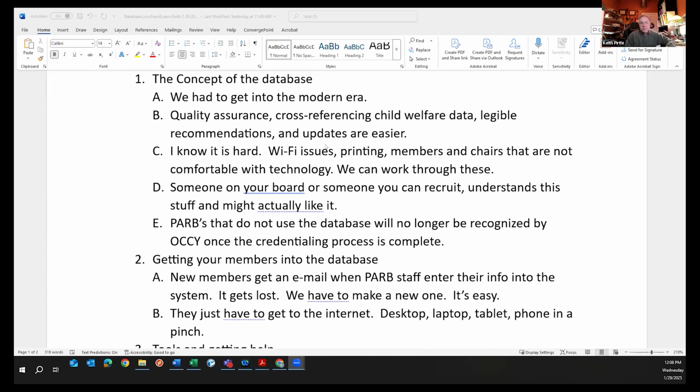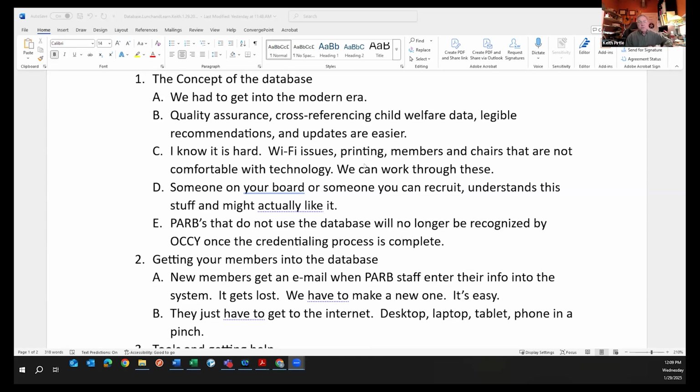One is the Wi-Fi issue. In order to log on to the database to enter your case information while you're doing the case review, which is what we really want you to do, while you're doing the review in the courthouse, a lot of these courthouses do not have good Wi-Fi, or you have to have permission from maybe the court clerk to share their Wi-Fi, so you have to get their password, that sort of thing. So there have been lots of challenges on doing that. Hopefully, if you're new, you've addressed the most challenges by now. If you're still having some of those same challenges, let me know. Let's talk through it. Let's come up with some strategies.